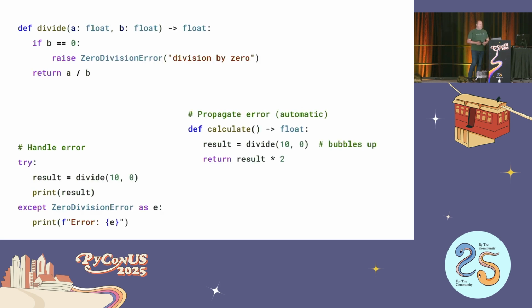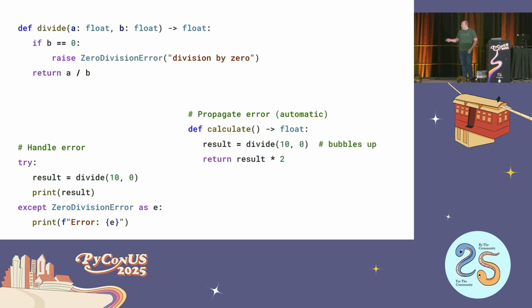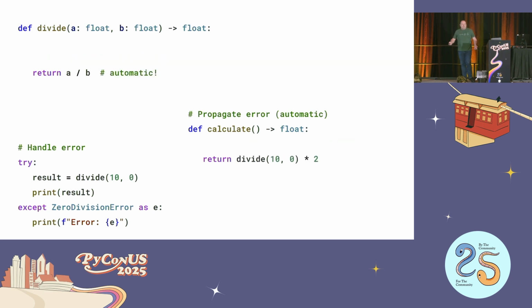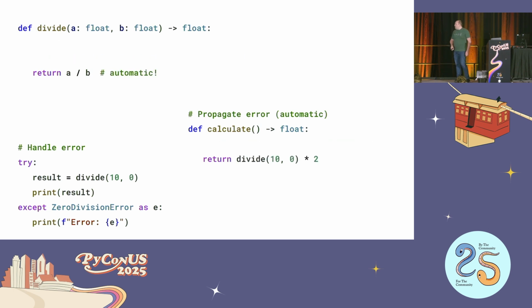And so in Python, it'll look something like this. You can check, you can raise a ZeroDivisionError. You don't actually have to do anything to propagate it, right? It will just continue on unless you explicitly catch the error. So that makes it a little easier to just start writing a script and make sure that you don't lose track of what errors might have happened because they'll automatically propagate. Or you can catch it with the try except syntax, which I'm going to guess we've pretty much all used. But Python also means we can just leave out some of this logic, right? Python, if you do division, will just raise a ZeroDivisionError if you try to divide by 0. And you don't need to do much to propagate it automatically.